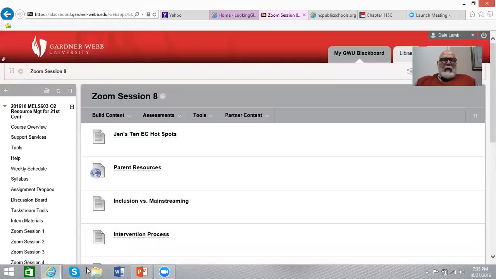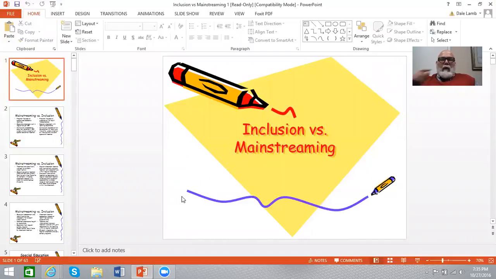I've got a really good PowerPoint here. Now, this PowerPoint, remember, inclusion is when the teacher comes to the room and the exceptional children are in the regular classroom. Mainstreaming, for purposes of this PowerPoint, is when you have separate EC classes in your school. So what we're comparing here is separate EC classes versus the inclusion model, where the kids are in the regular classroom and the EC teacher comes in the regular teacher's room, rather than the EC teacher having their own room and kids being pulled out and going to them.